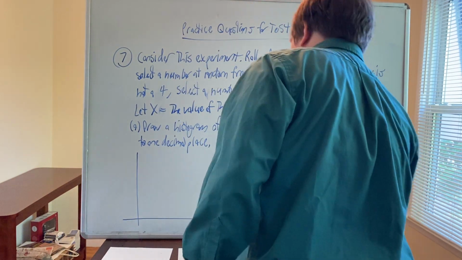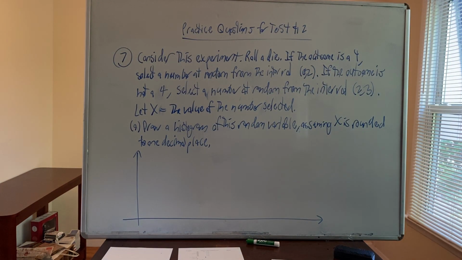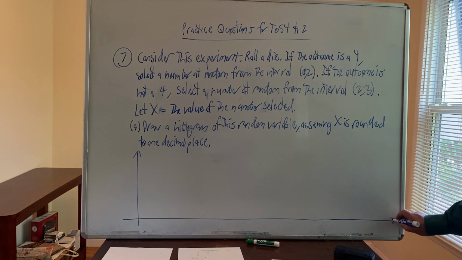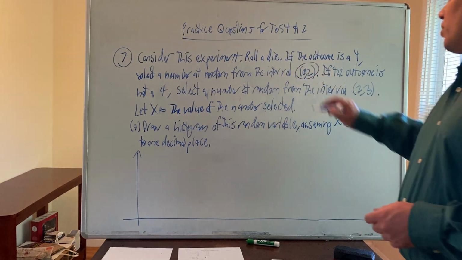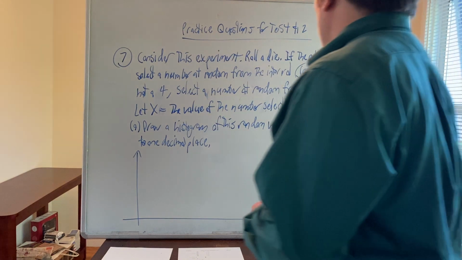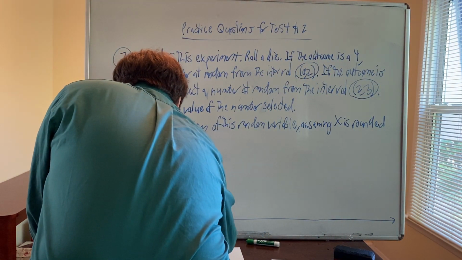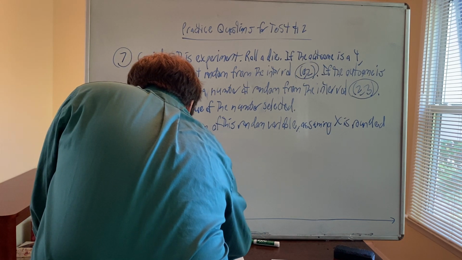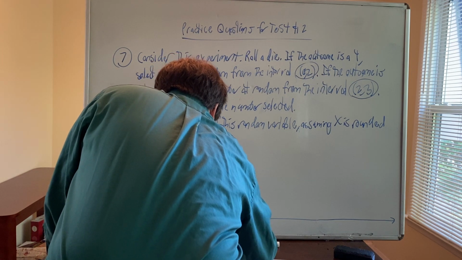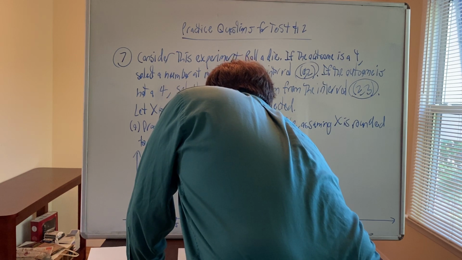Okay. So let's draw a histogram, give myself plenty of space. We'll just extend this line all the way to the end here, in case I need it. Okay. So what values could x take? It could either be between 0 and 2, not including 0 or 2, or it could be between 2 and 3, not including 2 or 3. X is rounded to 1 decimal place. Okay, so it could be 0.1, 0.2, 0.3, 0.4, 0.5, 0.6, 0.7, 0.8, 0.9, 1.0,